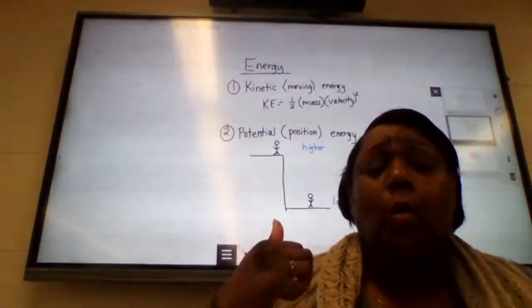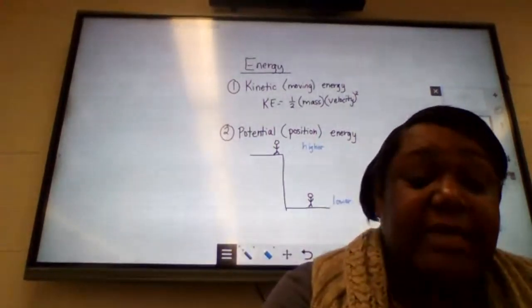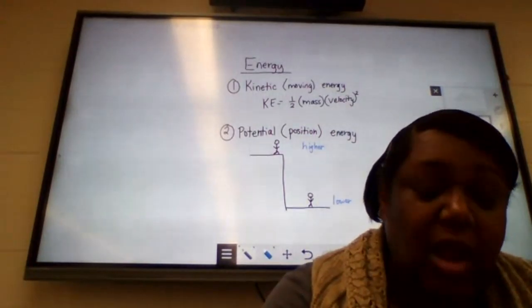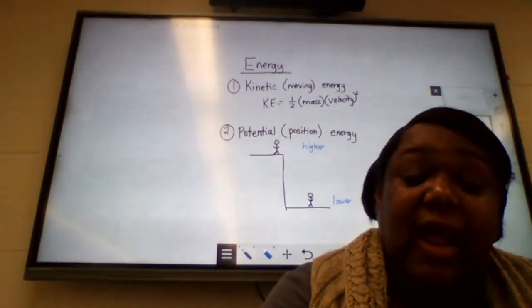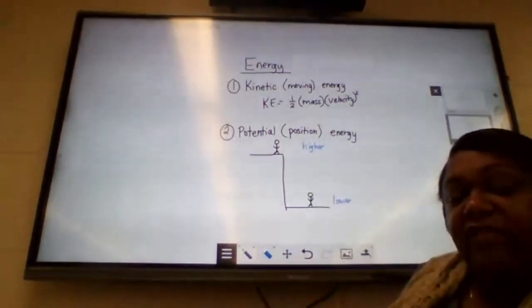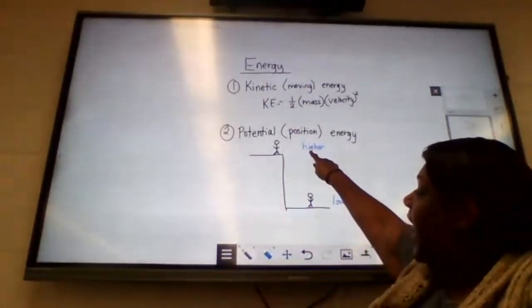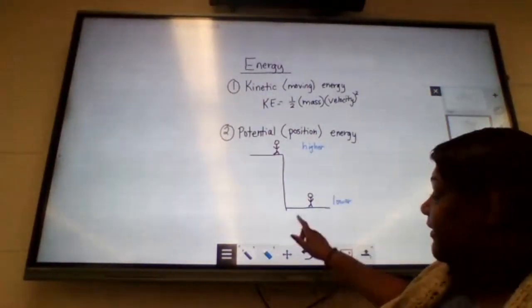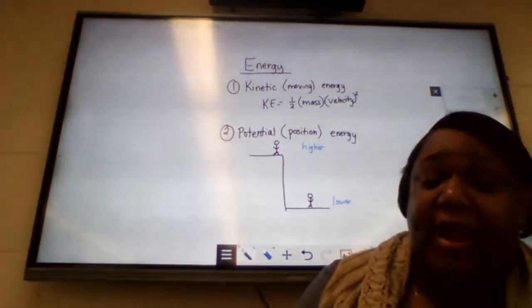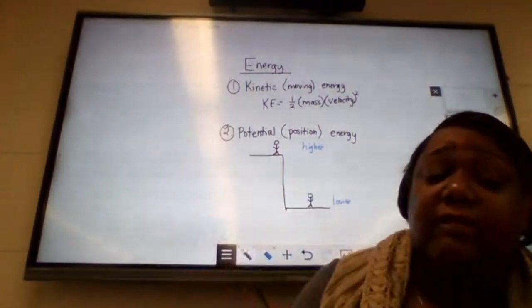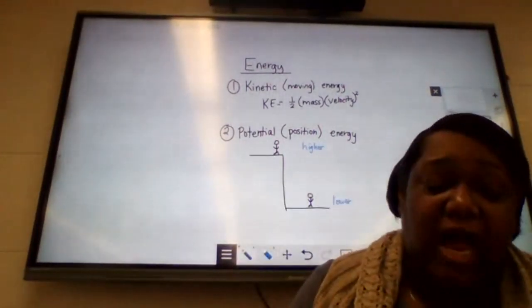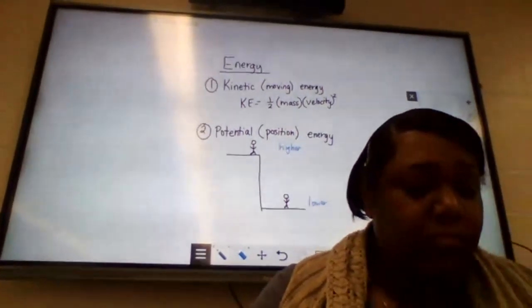All right. When we look at potential energy, on the other hand, again, potential energy is stored energy that is related to position. You can see in the diagram that I have here, if I've got a person who's standing on the edge of a cliff, they have a much higher potential energy than somebody who's standing on the ground would have. The reason they have that higher potential energy is because they're further off the ground. So the further away from the ground you are, the higher your potential energy.